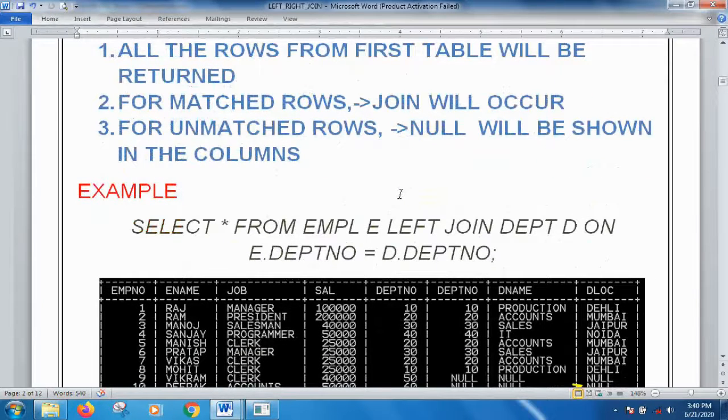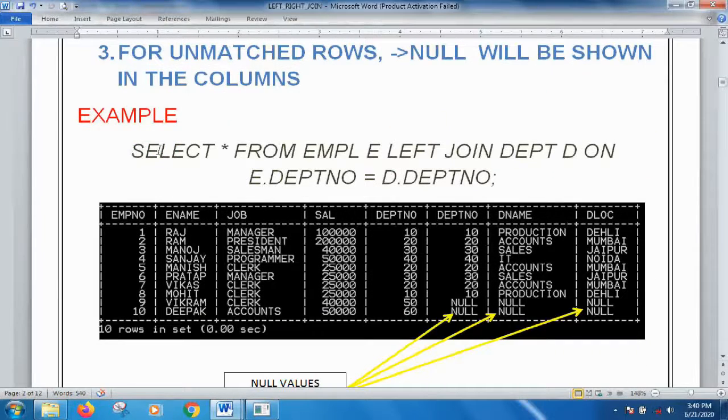For example, how can I write the query? Select star from EMPL E left join D on E dot department number is equal to D dot department number. Now what is happening is that I am doing a left join here. Select star from EMPL left join department D, as you were writing previously.